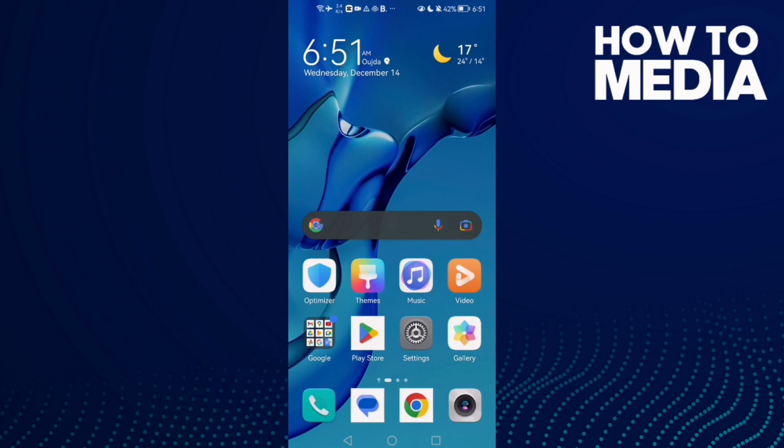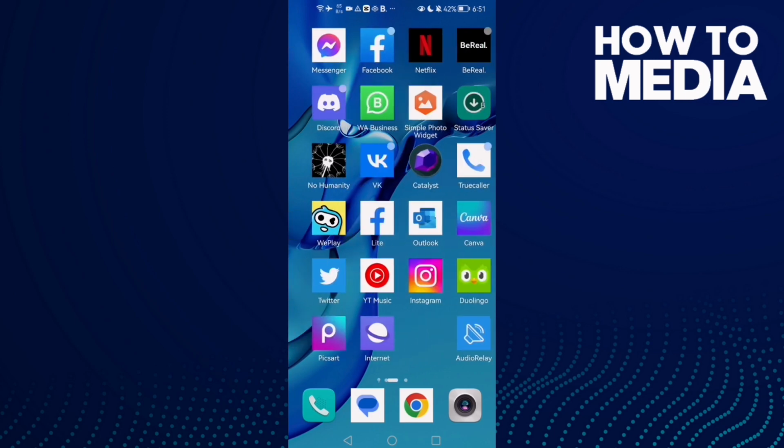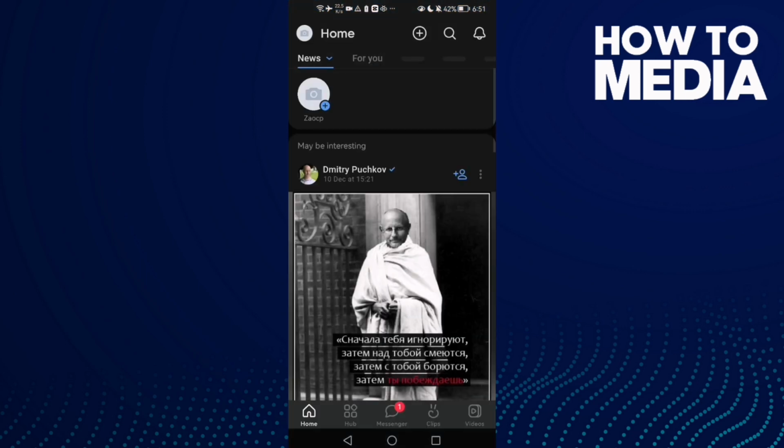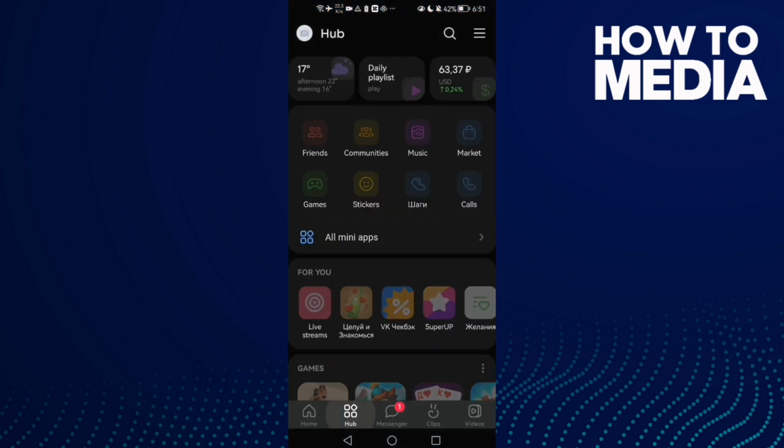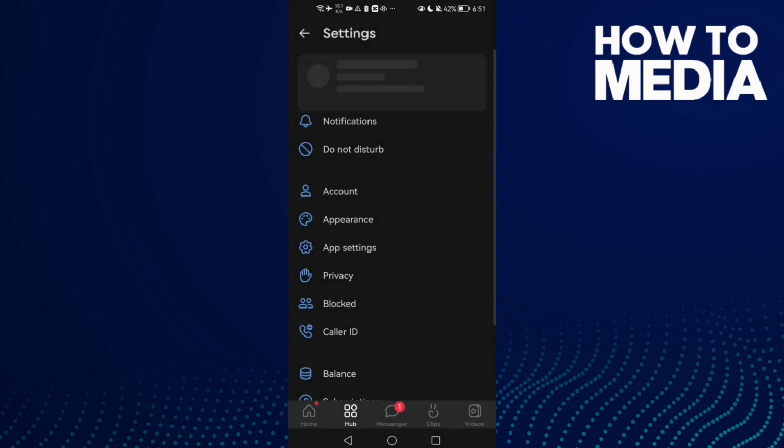How to find all posts notifications settings on VK on Android or iOS phone. First open VK and then click Hub, and now go to these three lines and then click settings, and now click notifications